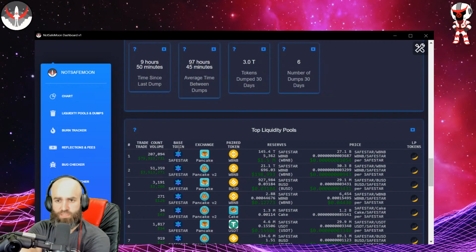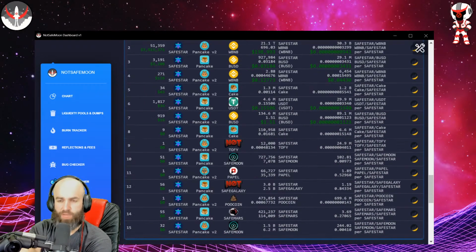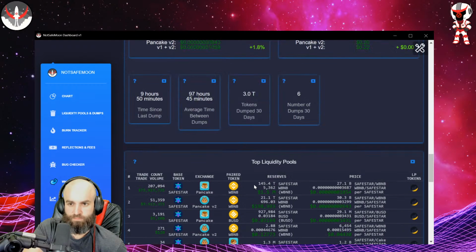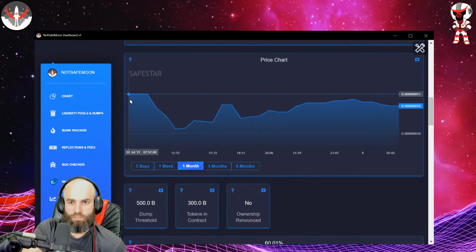So then these links here in this column are going to take you directly to the website of whatever token this is. And on the right, it'll take you to the website of whatever paired token it is. And then in the middle is the link to trade directly in that pool. So it's not always PancakeSwap either. So some of these have